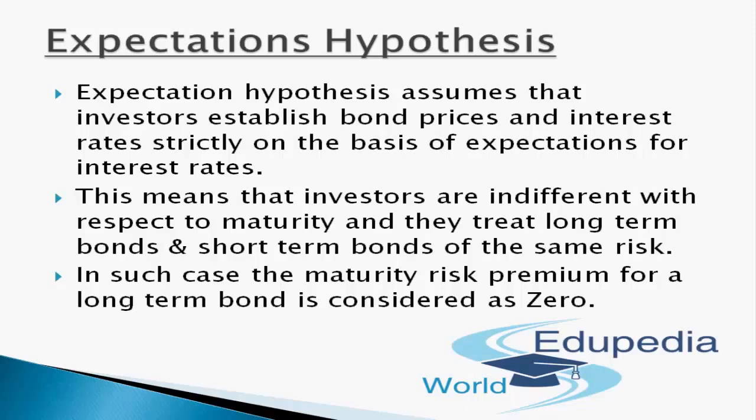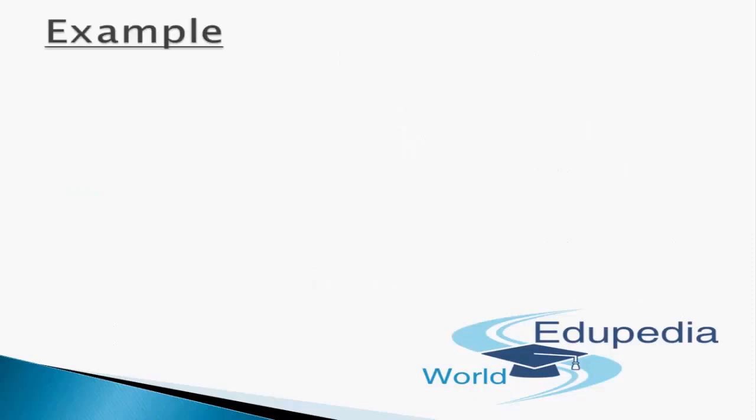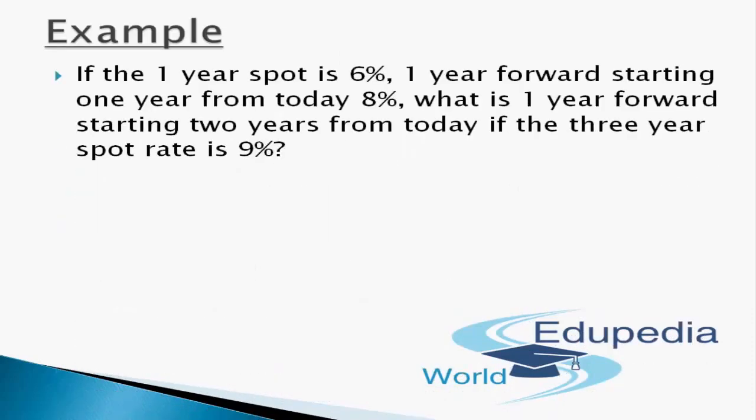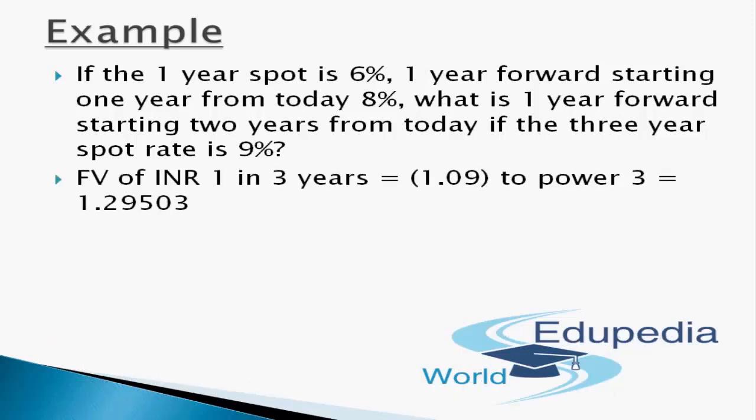Now, in order to provide you complete clarity with this expectation hypothesis, I've already derived 2 examples. Let's go with our first example. Suppose the 1 year spot rate is 6%, and the 1 year forward rate starting 1 year from today is 8%. What is the 1 year forward rate starting 2 years from today if the 3-year spot rate is 9%? So that way we'll get to know that the future value, the face value of INR 1 in 3 years